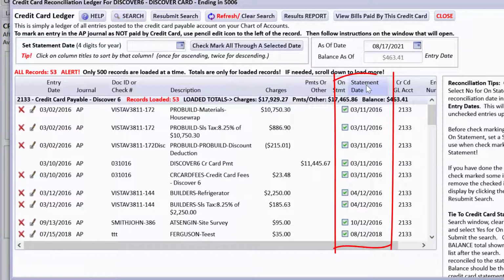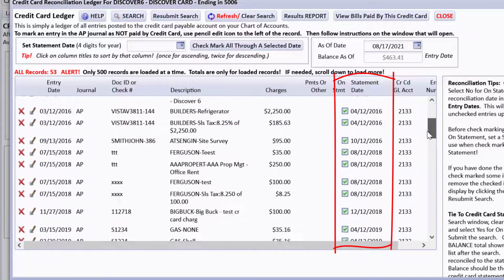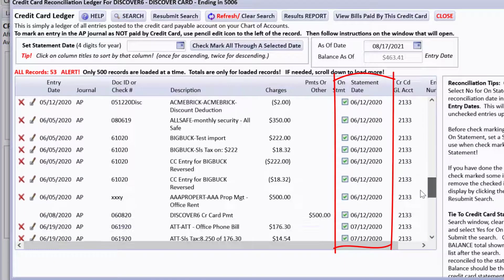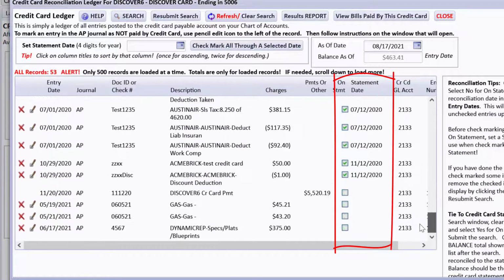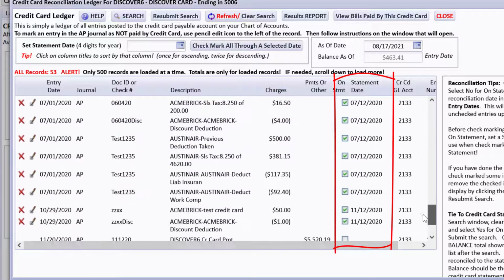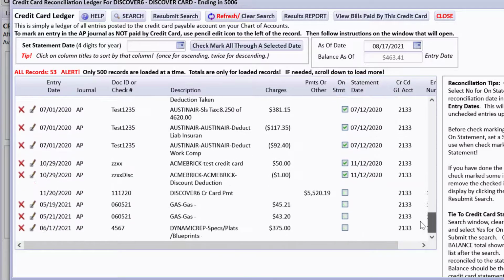I'd like you to notice that we were clearing things for this credit card, and usually it was the 11th or 12th. So let's pretend that the credit card company cuts off statements on the 11th or 12th of the month. What I'm going to do looking at this, let's say we got a statement on November 12th, 2020. Notice this 552019. What it has done is just come up and calculated the balance in the credit card account as of that date.